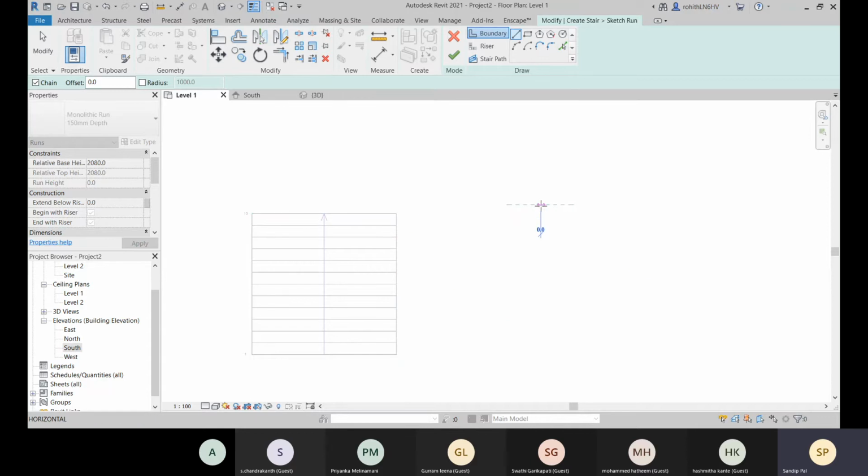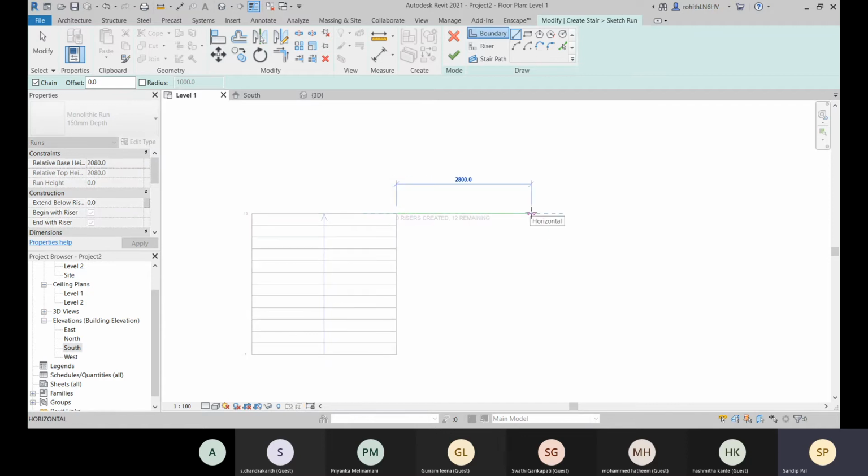From which point or which end you are defining the boundary line, the start point and the end point of the boundary line will define the direction of your stairs. So keep this small thing in mind. Otherwise, you may not find any error. You will only get a different direction of your stair.